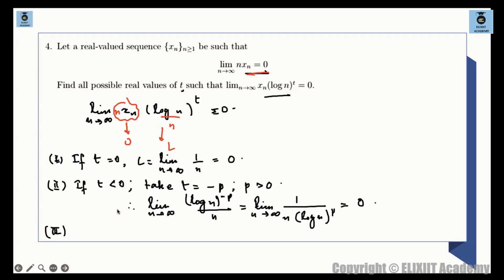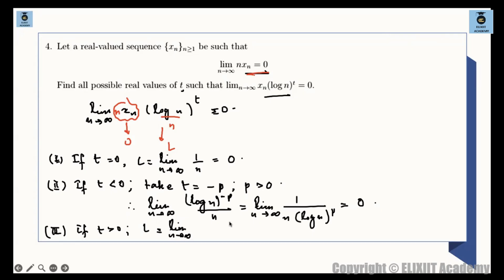So the third case is if t is positive. Now here comes the main twist. If t is positive, what happens? First two cases can be combined also. You can say t is less than or equal to 0 as well. I'm showing you explicitly over here, but the first two cases can be combined. Now t is more than 0. What happens for t more than 0? So if t is more than 0, we have L to be the limit as n tends to infinity